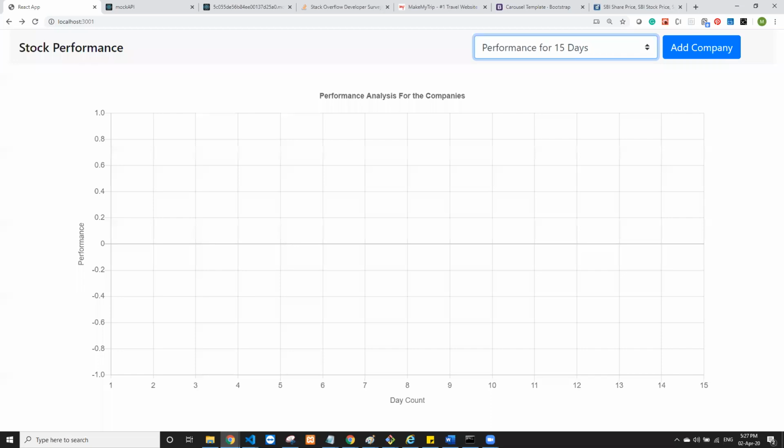Any questions about the stack that we are going to cover? And so yeah, if you are new to programming also, we'll start from scratch and we'll see this particular stock performance application getting developed over a period of time. In the entire time span of this course, we'll see how we make this application up and running, or we'll have one more application in which we can have some employee data. We can add some employees, delete some employees with some static data. And over here, we'll create some node API, which will give you some data from the background. And then we'll render that data and visualize some stocks.